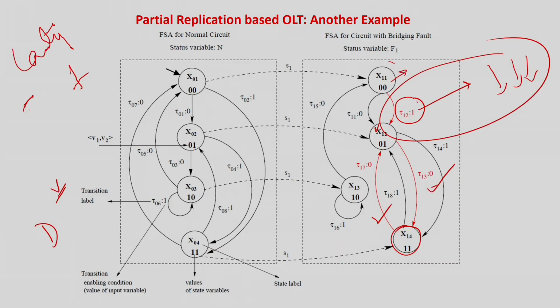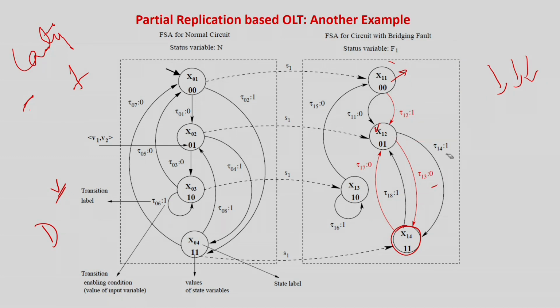Just before I close down, one thing I should tell you, which I am not going to elaborate: without drawing this circuit or finite state machine, how can I find the probability of occurrence or quality of FD transition. Similarly, there are symbolic models to compute this, because what Professor Deka has told you in the verification part is very important. Whenever there are FSM based operations happening in circuit testing and verification, there is always a symbolic counterpart to handle the state space explosion. So you should not be biased by the fact that partial replication based online testing always requires an FSM model. No, I have shown this in an FSM model for illustration, so that you understand the concept, but in reality you will always use the symbolic methods.